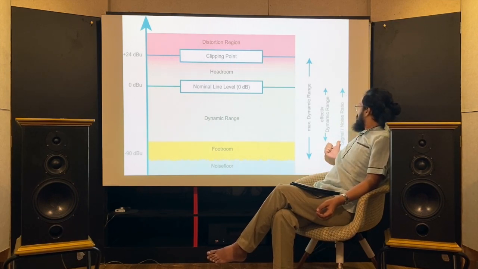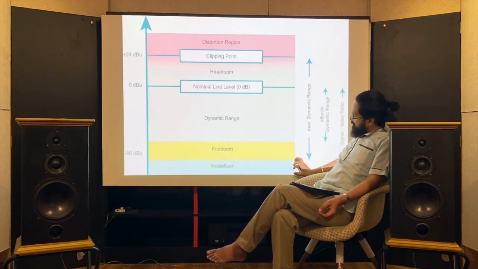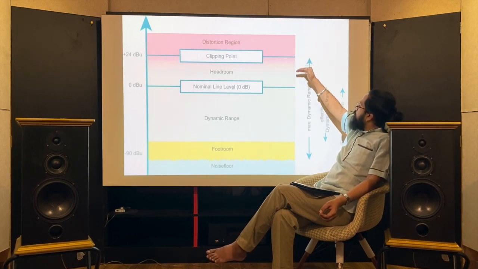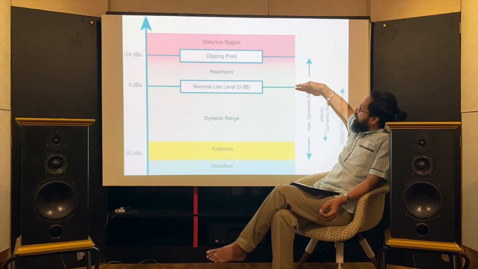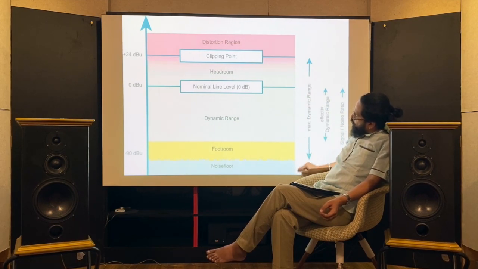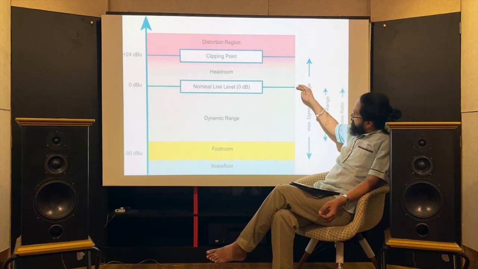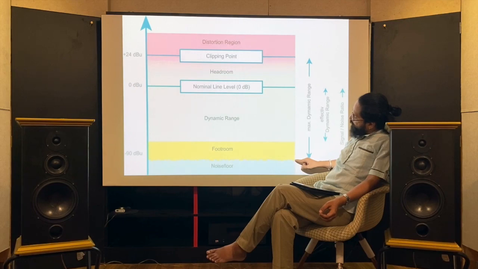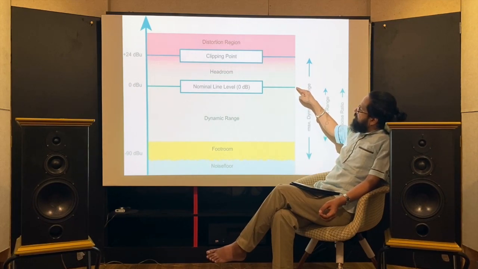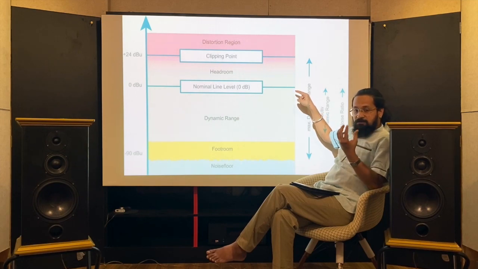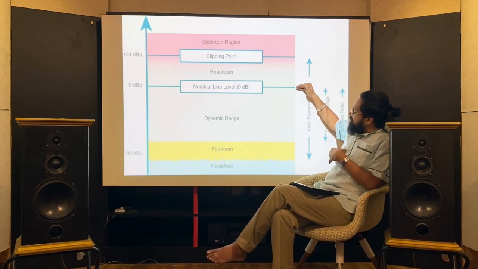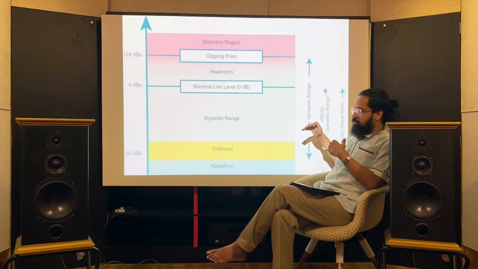And we have signal to noise ratio. This is the noise. Okay, this is the noise. Let's say this is unit 1. The signal will come all the way till here, nominal line level. If this is 1, what is this ratio? If this is 1 decibel, and from here till here it is 90 decibel, and if your system is able to reach this level at this particular volume, then you have the signal to noise ratio.